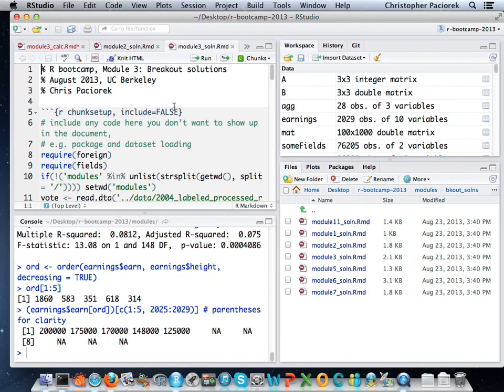Let me talk a little bit about timing. I skipped over a few things and we didn't get to the breakout solutions in a couple cases. So I think we can talk through some of the breakout problems now. I'll talk a little bit about merging, which was what I had left essentially from Module 3. And I'll do an example of reading messy data into R, which was left over from Module 2. These will take the place of Session 4, which was going to be the first session this afternoon. Then we'll go to Session 5, which is Jacob's session on programming and for loops and functions.